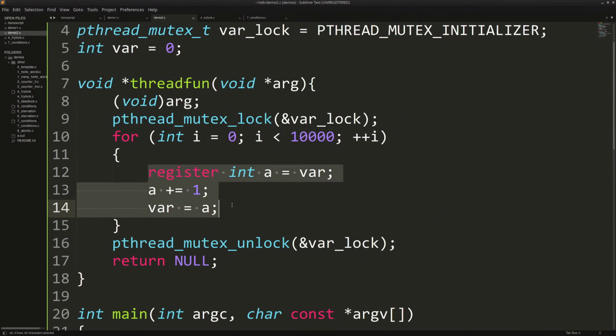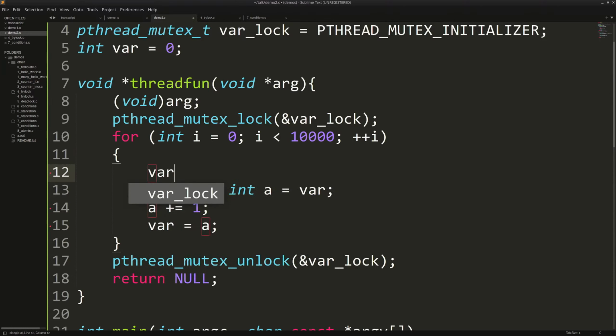So why can only one lock at a time do this? Why can't multiple threads do this at once? Well, let's say var equals 0, right? Thread number 1 loads the number 0 into a register. At the same time, a second thread does exactly the same.